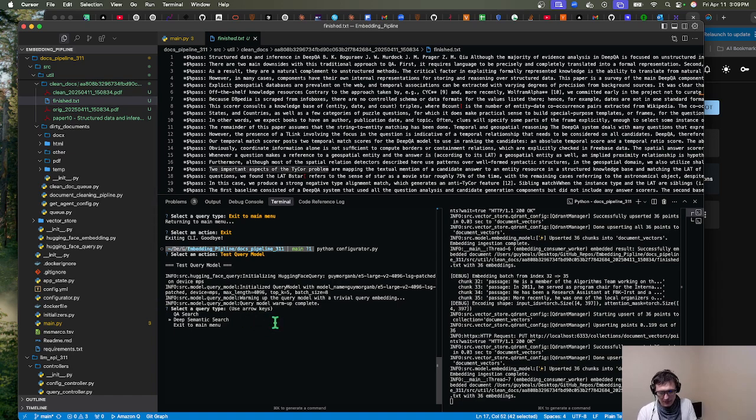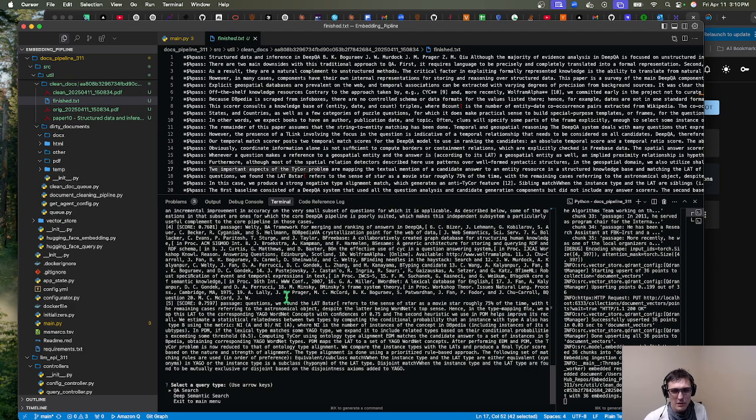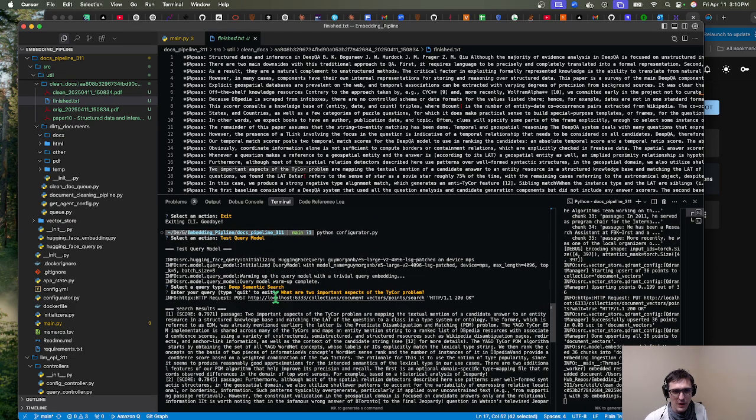We're going to do a deep semantic search because the deep semantic search is actually going to give us some scoring results. And I'm going to take this text that I just got from the chunked results. I'm going to turn it into a question. So what are two important aspects of the TIE-core problem? So we're going to hit enter. It's going to search the vector store for similar results and give us some scores. It's going to return the top K results, but in this case K is 5, so we're going to get